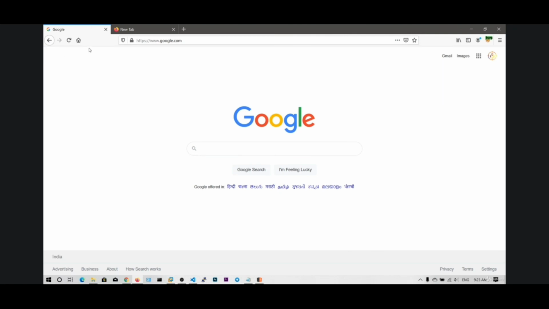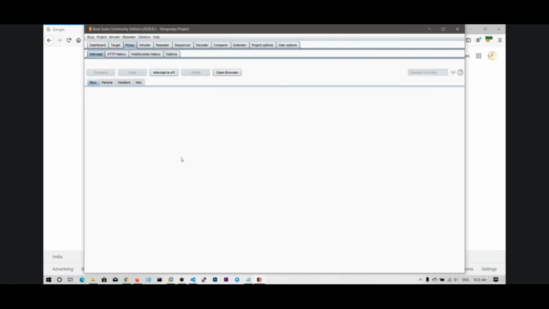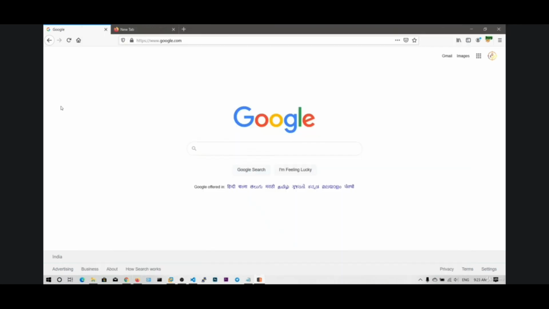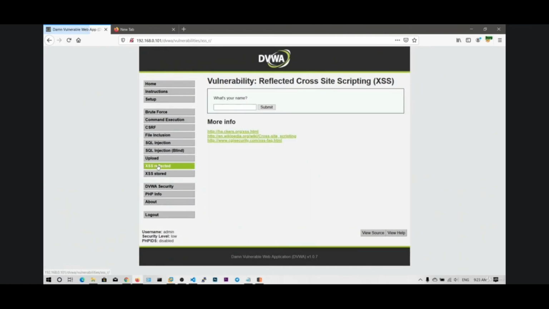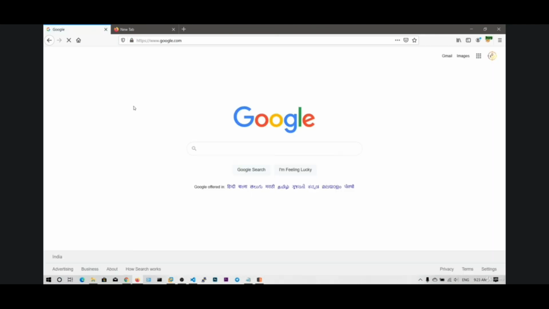So now I deleted the backspace there. Now we have successfully been redirected to google.com. If I go again, I don't need to give the payload again. If I just click on this access store, I get redirected to google.com. So that's how you will do the page defacing.